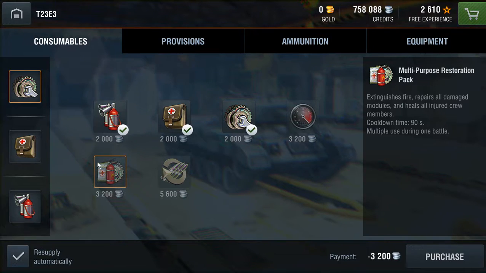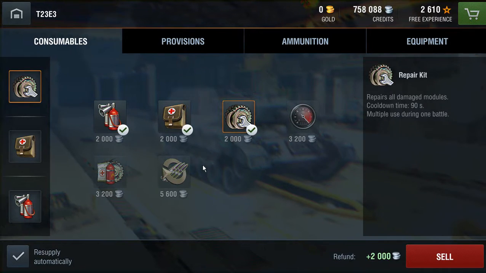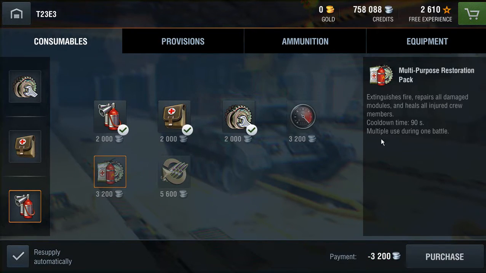Now, you may think, oh yeah, that's useful. It does all three of them at the same time. Yeah, but the thing is, if say your track gets damaged and you really need to get out of there, you use your multi-purpose restoration pack. Then the next shot that hits you sets you on fire. You can't do anything about it because you have a 90-second cooldown time because you used your multi-purpose restoration pack to repair your track. Which is why I go with them each individually, because then you can repair your track with that. If you get set on fire, use that. You don't have to wait for the cooldown, by which time you'll have burnt out. So